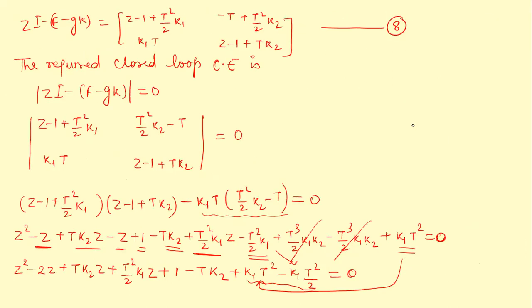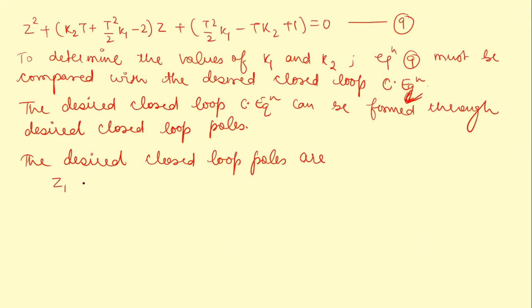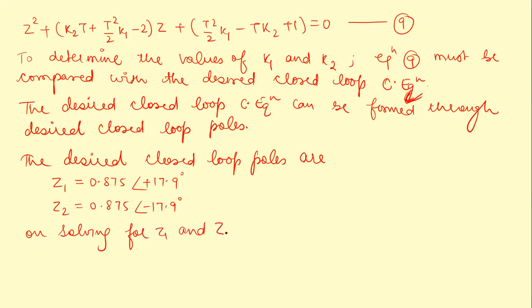So now, we have z1 is equal to 0.875 with angle plus 17.9 degree, and z2 is 0.875 with angle minus 17.9 degree. z1 and z2 are already given, so we are not solving for z1 and z2. So we'll get the desired closed loop